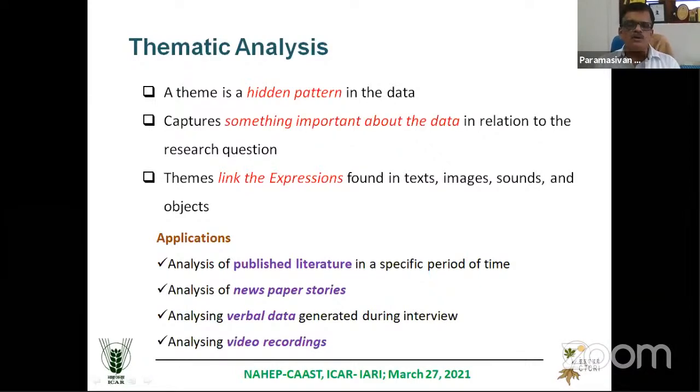And you can also use the verbal data generated during interviews, audio recordings, telephone interviews. Once you take the verbal data, you have to translate it to text data for analysis. You can also use video recordings of some of the farmers. Even people go for Twitter analysis, and then blog analysis. There are many papers published in blog analysis and Twitter analysis. They even use some kind of social network analysis in between. There are a lot of areas where you can go for a thematic analysis.